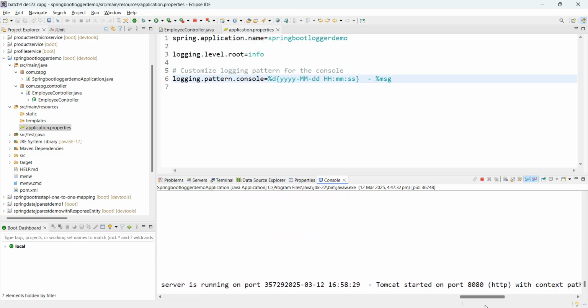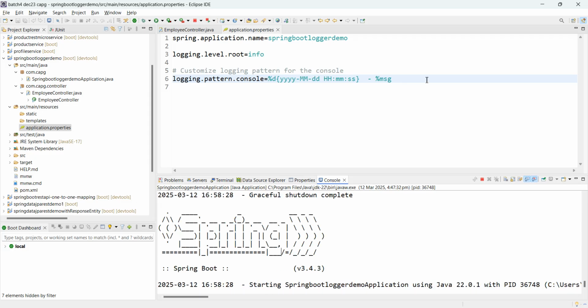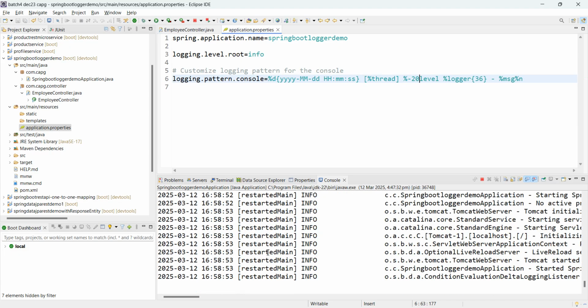All the loggers will print in a single line only. Okay, so you can use this one. Now here this is the thread, which thread it is running, main thread, all the things. This is a level, a level 5 we given here, right? If you give level 20, it will give more space here. After info, how much length of characters to give as space. If you give 5 by default, it looks good.